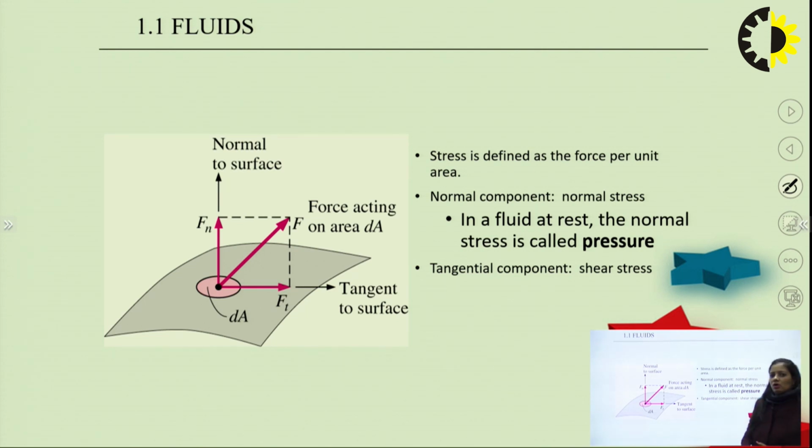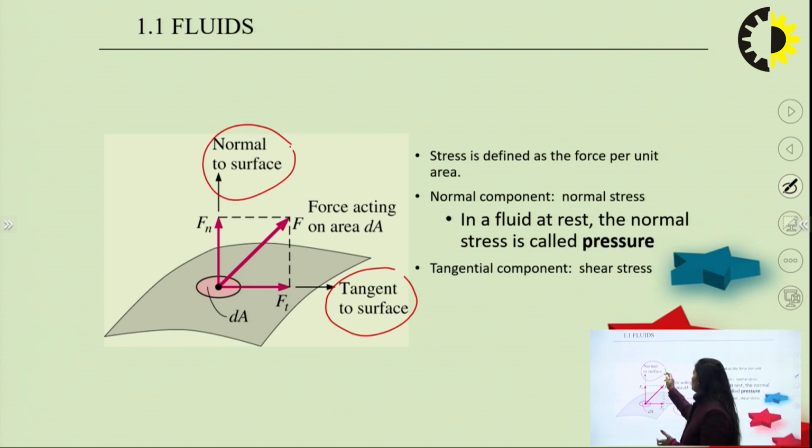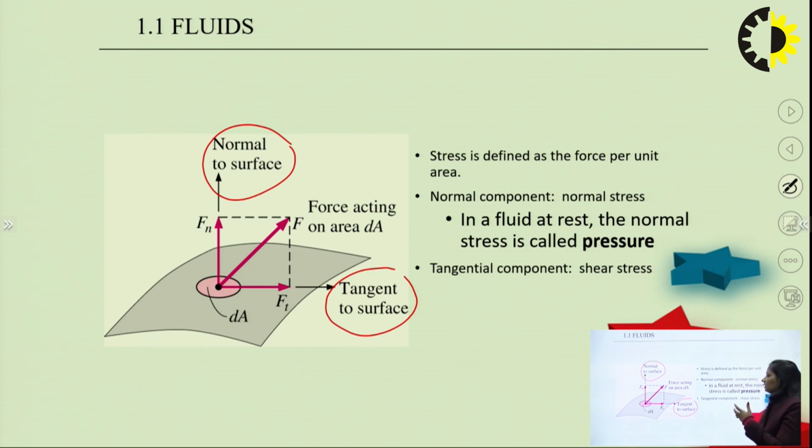Now when we talk about fluid, this was about solid, and how we can analyze the deformation in case of solid. But when we go to fluids, actually there are two forces which are acting in between the layers of fluid. The first one you can say is tangent to the surface, and the second one you can say is normal to the surface. Okay. So basically, what is stress? Stress is actually defined as the force per unit area.